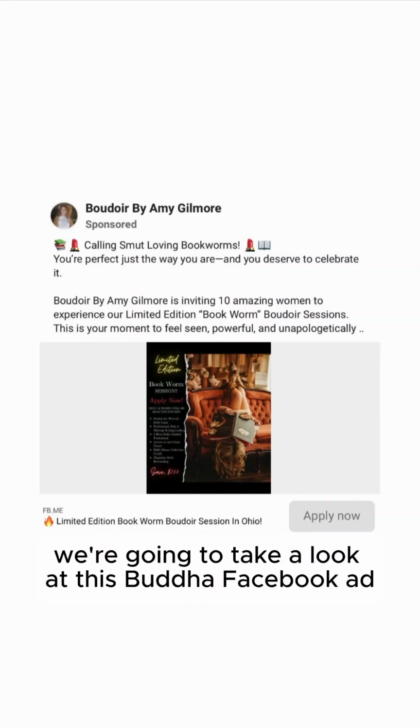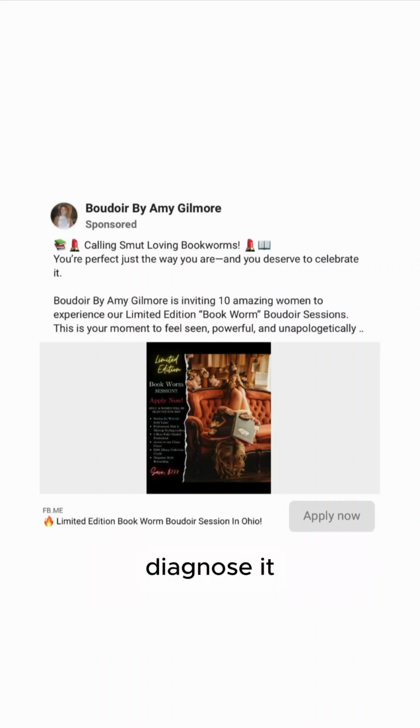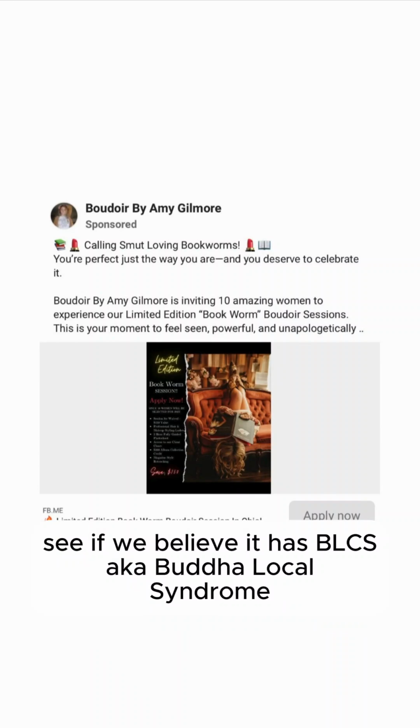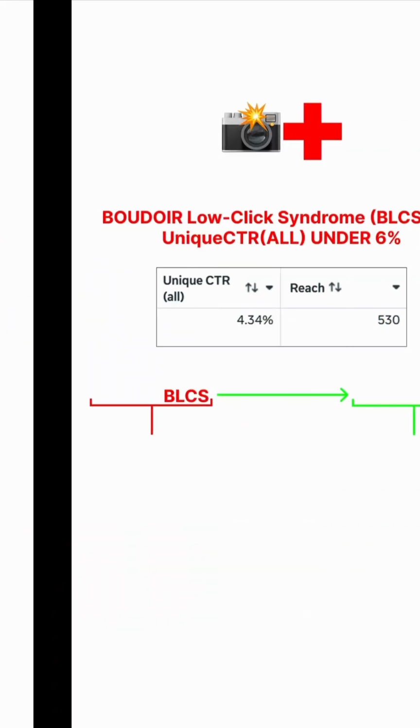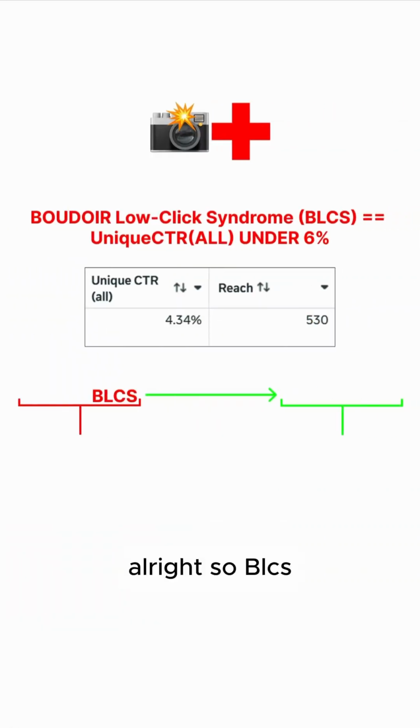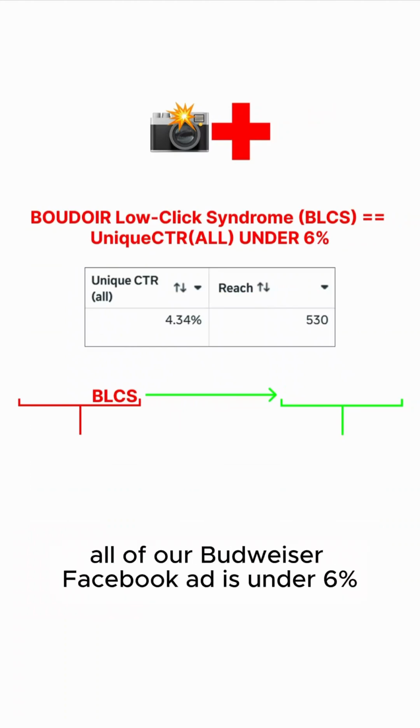All right, we're going to take a look at this Boudoir Facebook ad, diagnose it, see if we believe it has BLCS, aka Boudoir low click syndrome. All right, so BLCS, Boudoir low click syndrome, is when the unique CTR of our Boudoir Facebook ad is